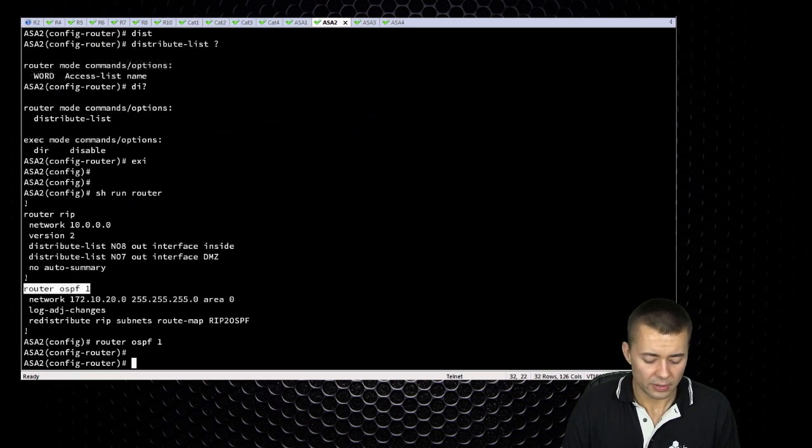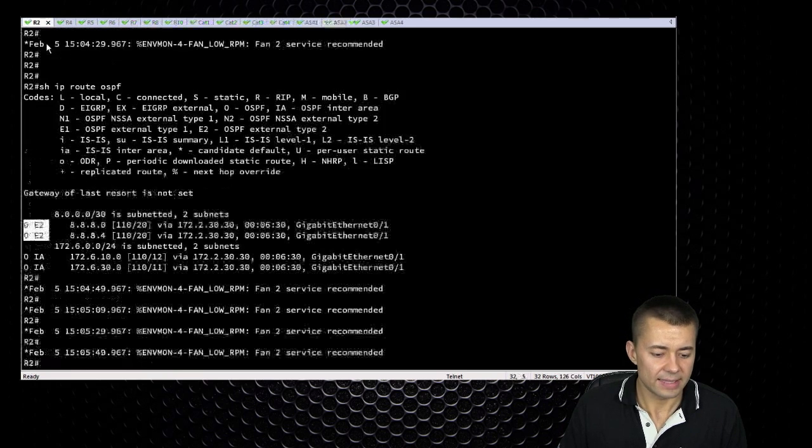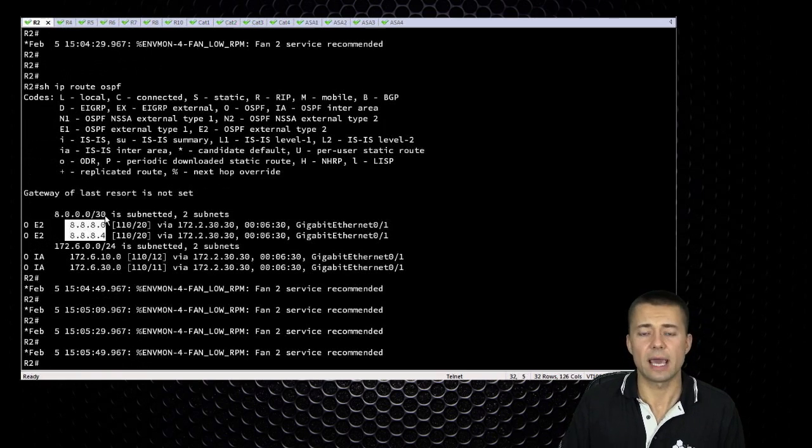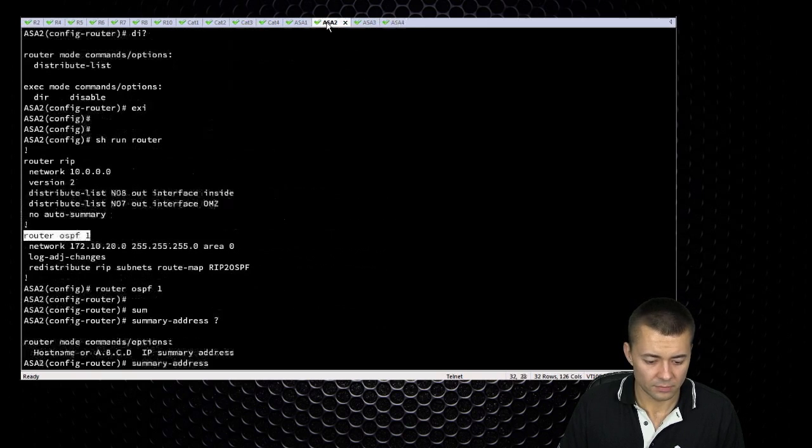I can go over here and use summarization to say that I want to summarize those prefixes 88.80 and 88.84. I want to summarize them as, let's say, /24 like this,